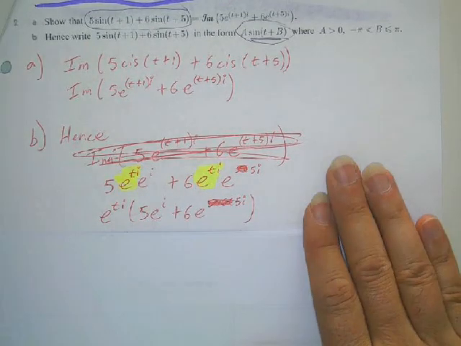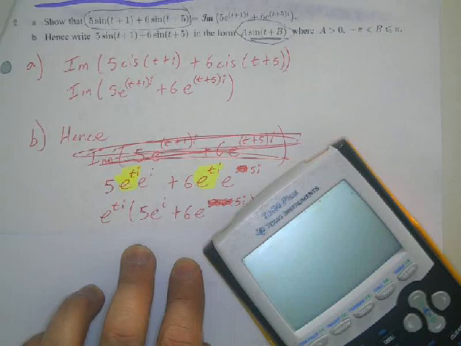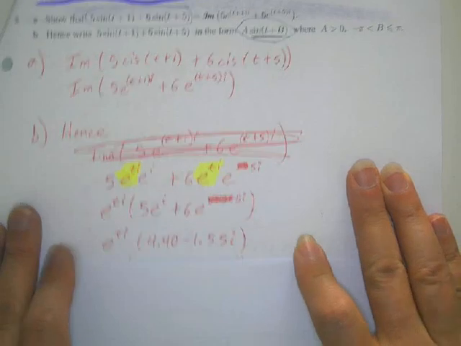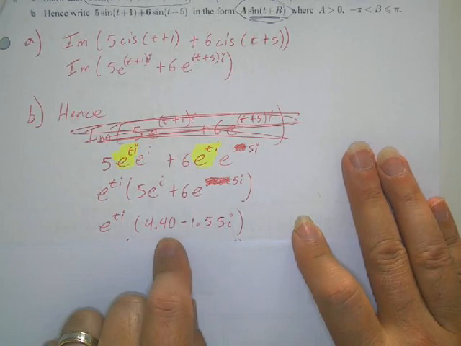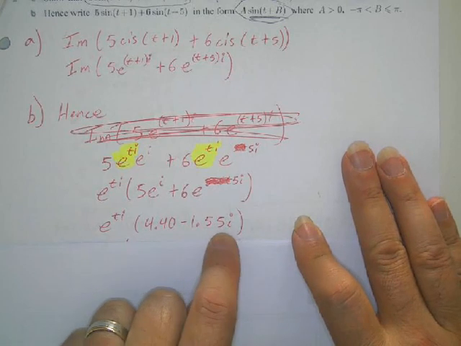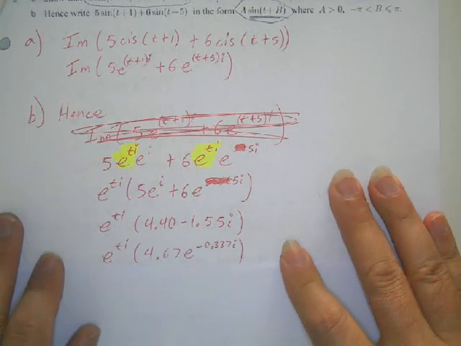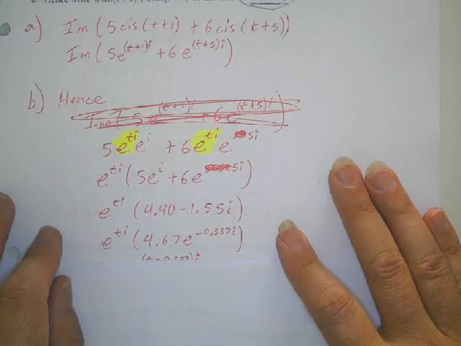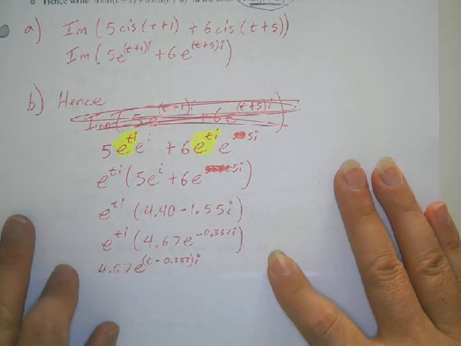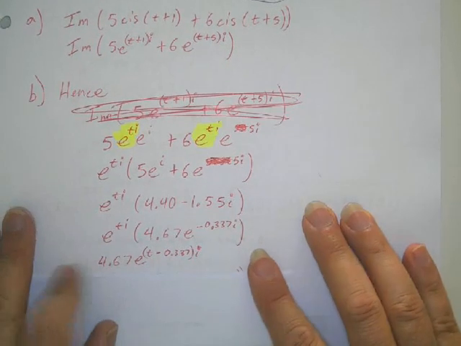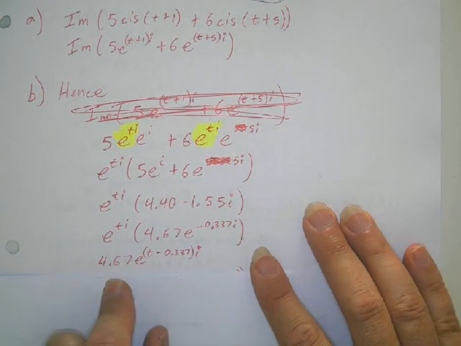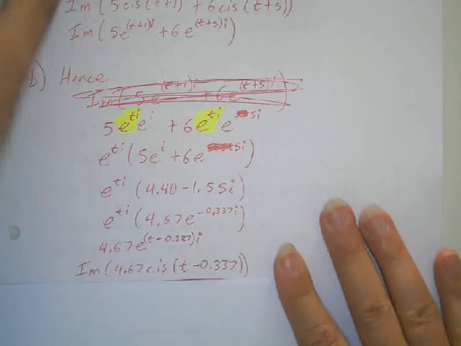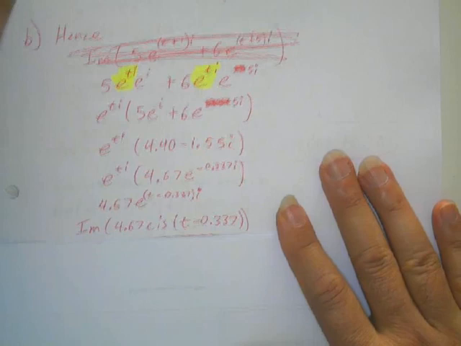We type it into our calculator, and we end up with 4.40 minus 1.55i, and then we convert it back to polar form, and we get this. We rearrange it to get this, and now we can convert it back to polar form, and then